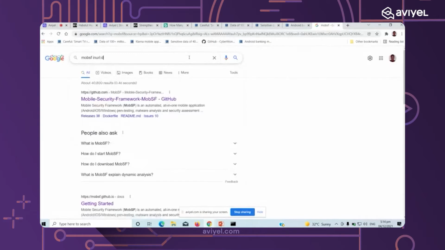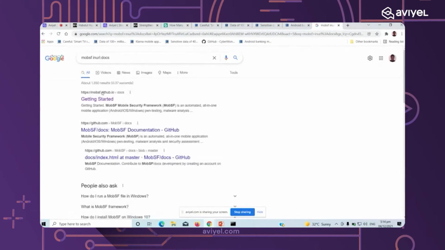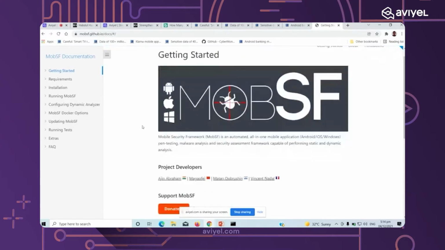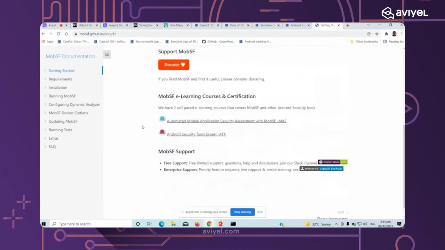That happens to be the first link. Let's click on it. Here is the home page of Mobile Security Framework, which lists the project developers, the support, if you can support them, please do, and the learning content and certification available. But if you're interested in installing the Mobile Security Framework on your system, we definitely want to check out